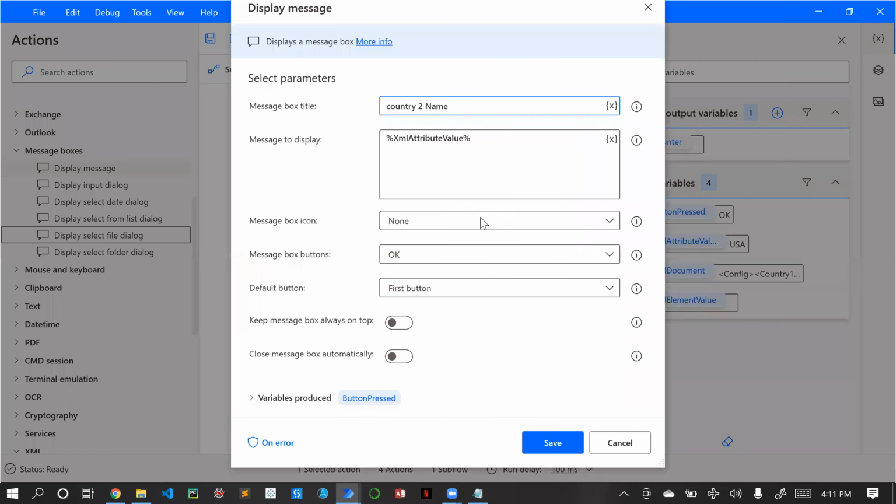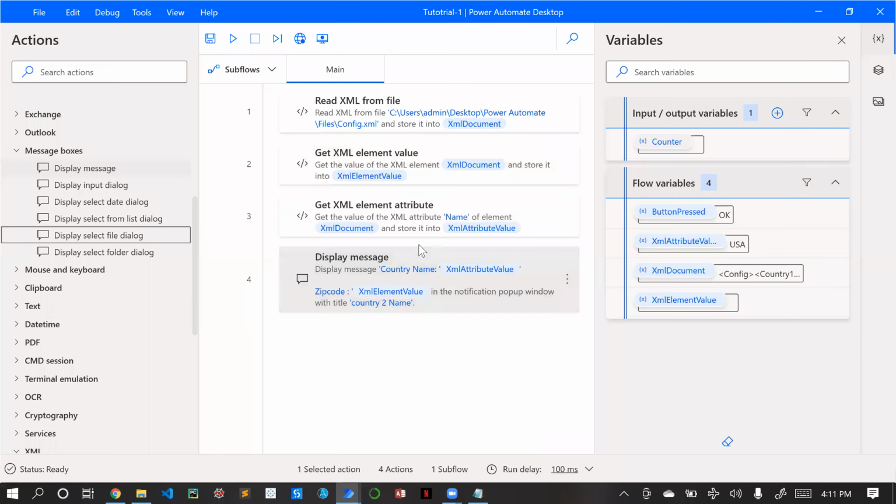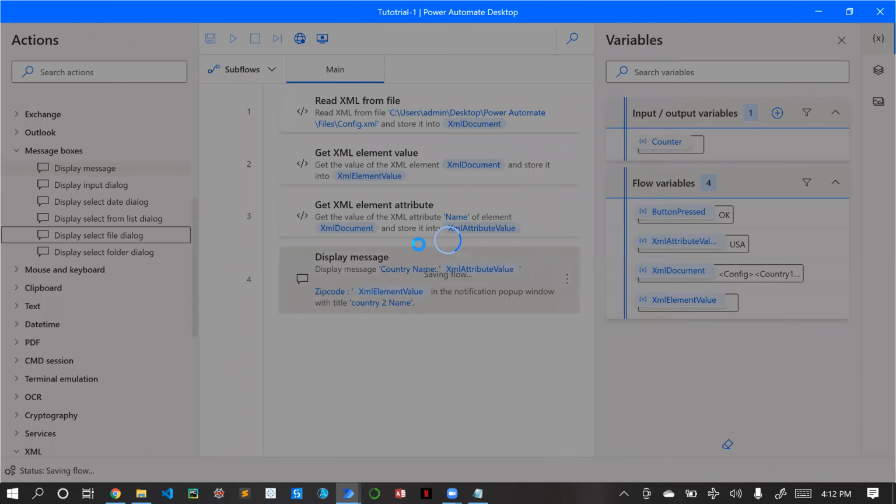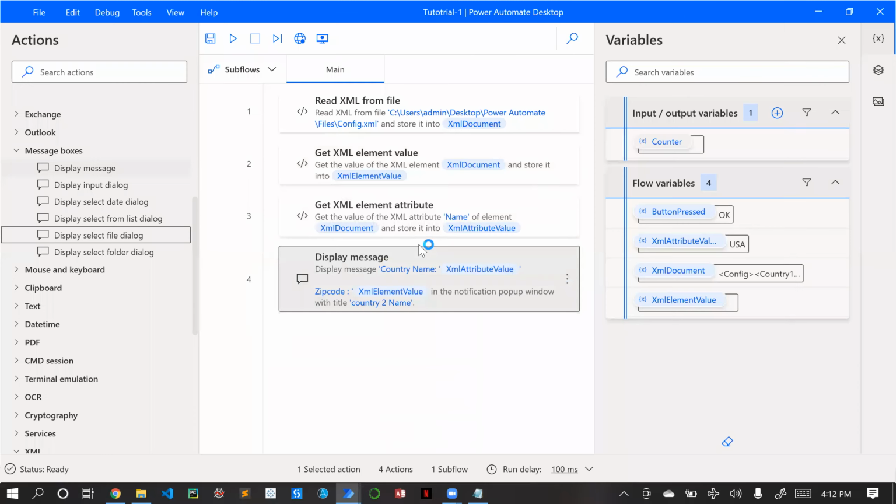In the message box, I will put country name and zip code, and here the variable will be the XML element value. Let's save this and execute this.